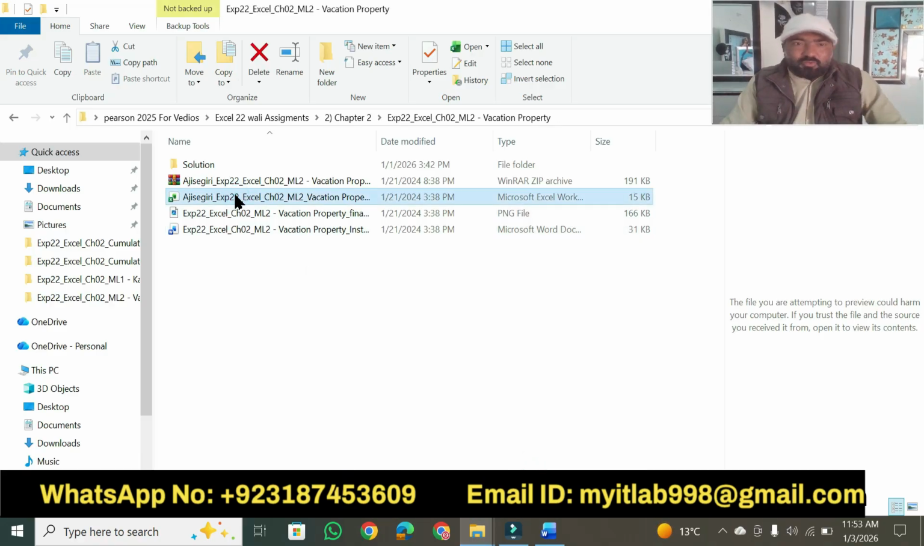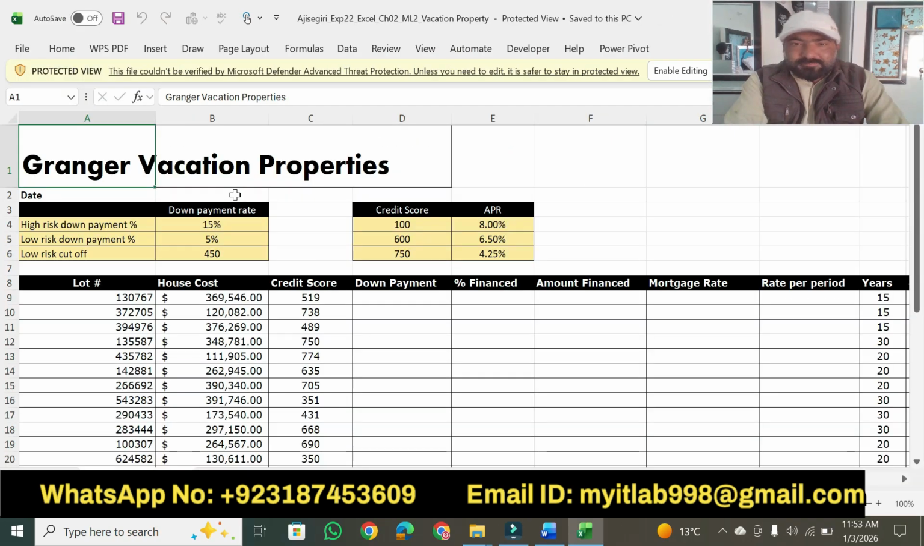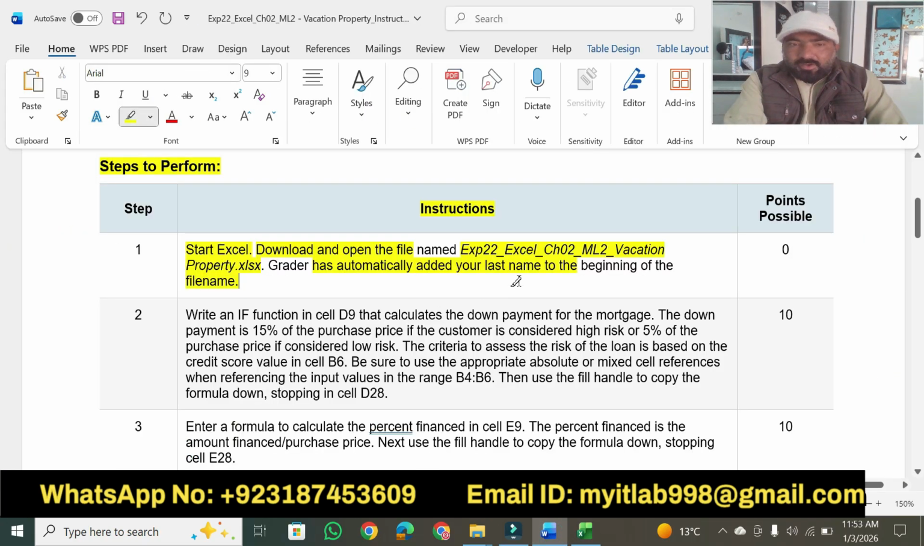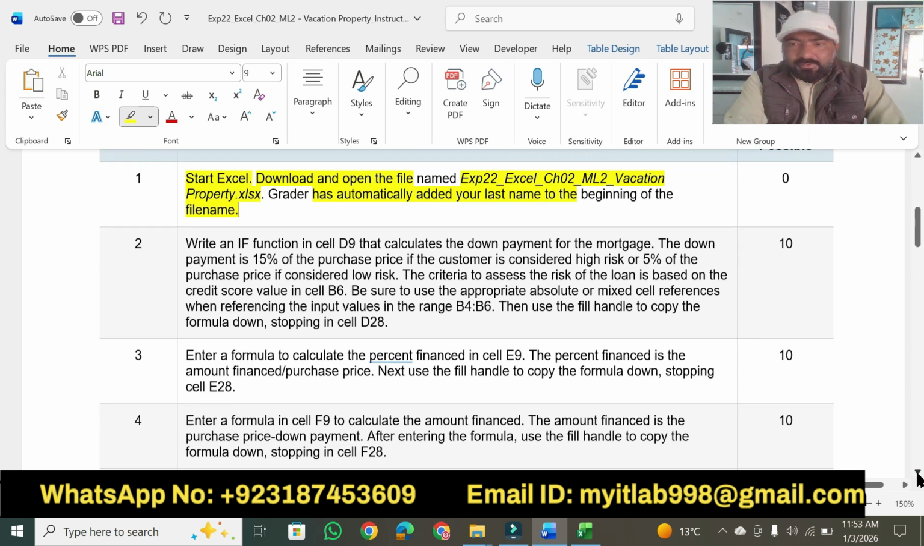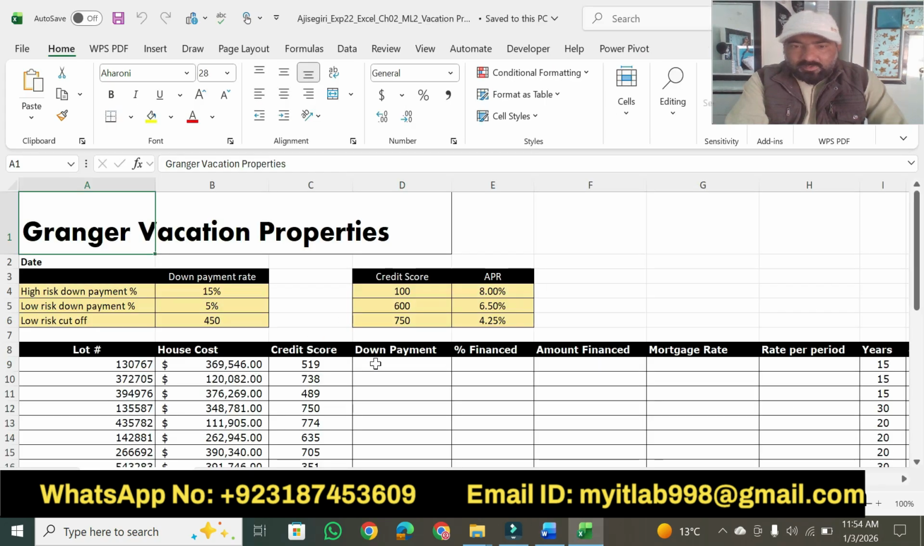So first we have to open a solution file. It is just getting opened. Then we have to click on enable editing. So the first part is done. Now we are moving toward the next part. All right, an IF function in D9. Now we have to move toward D9 here, and here we use the IF function